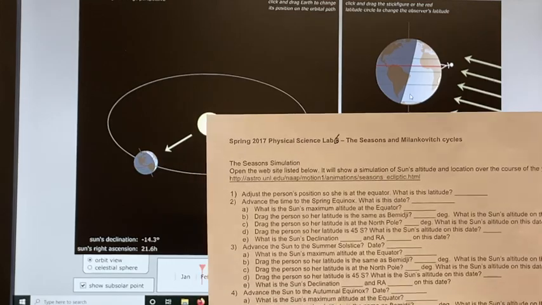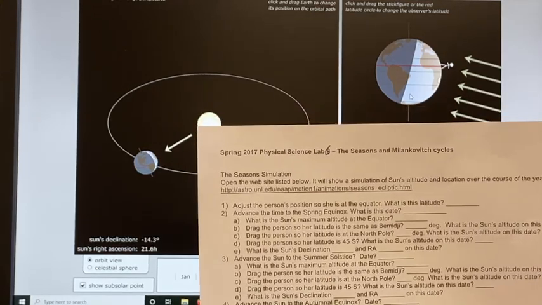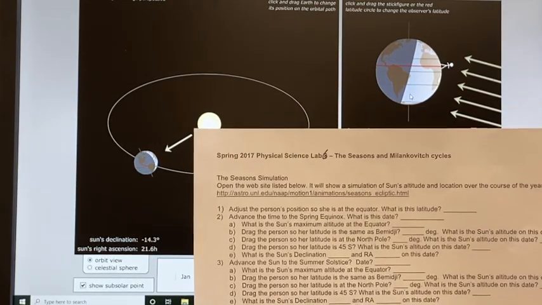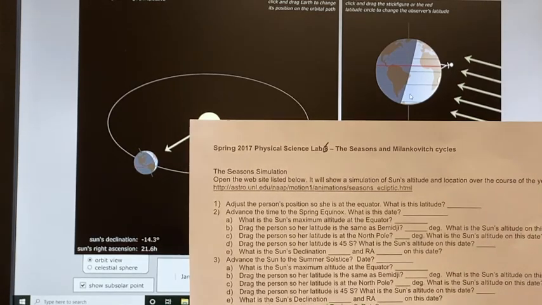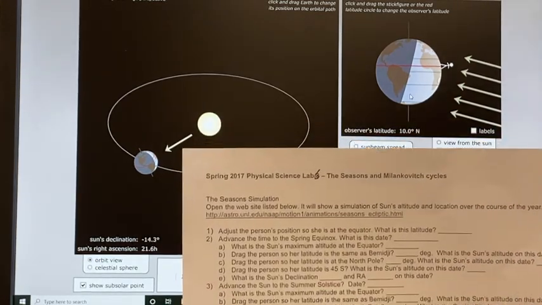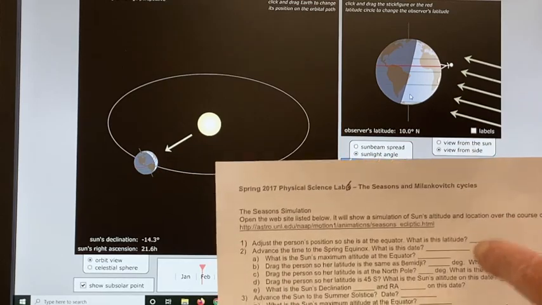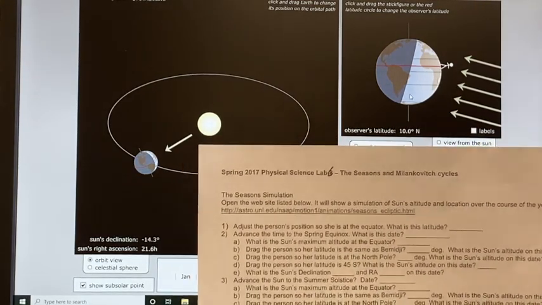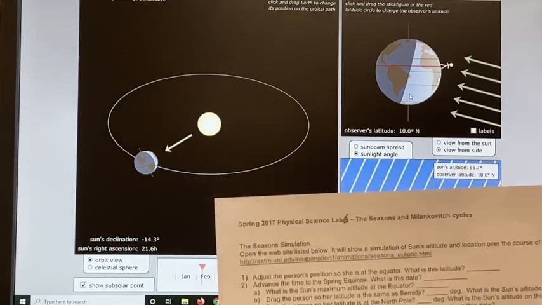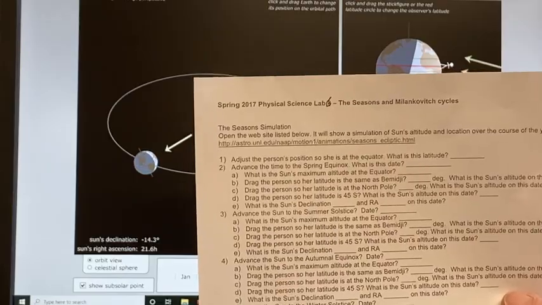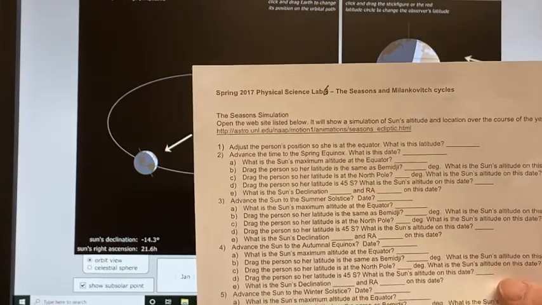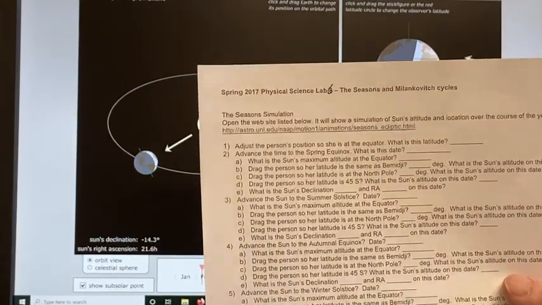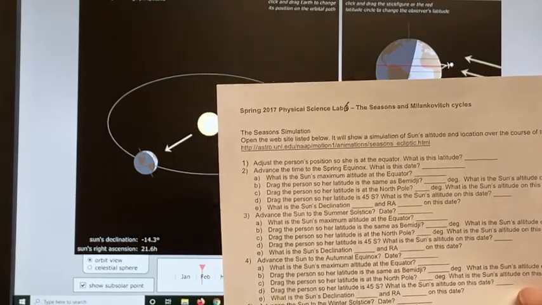It's a file that you have to actually upload yourself. It works fine, but I'm going to go through it with you. If you want to get it, the link is on the lab handout, on the lab links. I'll do that, and then I'll also explain a little bit about the Milankovitch cycles, but that one just has a website for it. As far as Milankovitch cycles, which named the